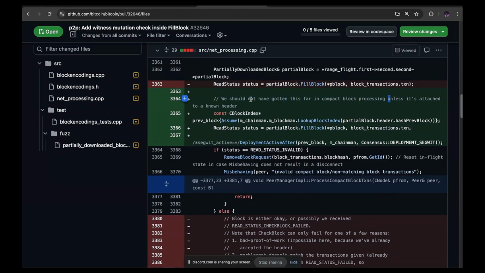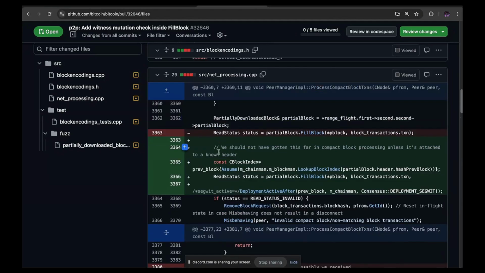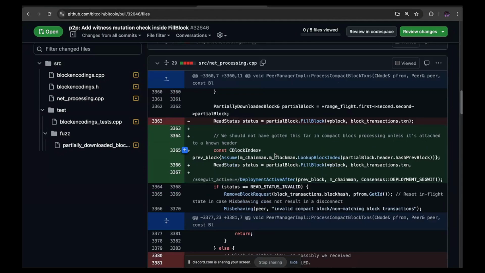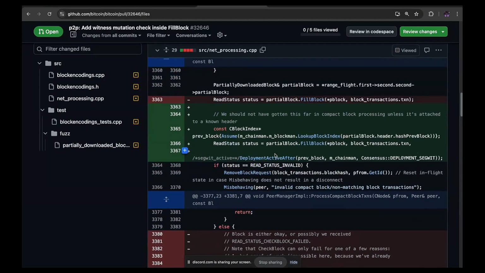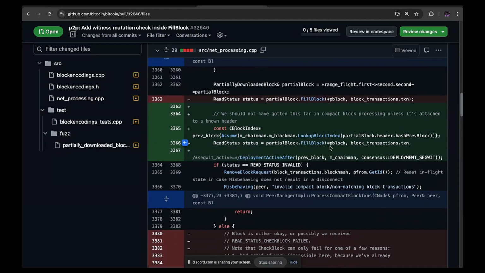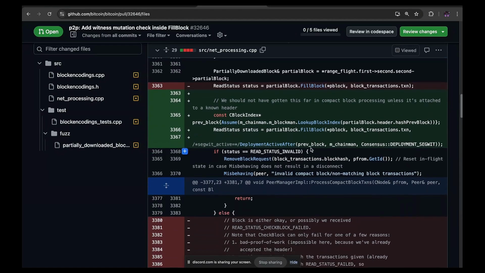We should not have gotten this far in compact block processing. It's attached to a non-header. So the fact that we have reached here proves that it is a valid block, and having gone through this deep in the code, we should not do a lot of checks since they have been checked before,